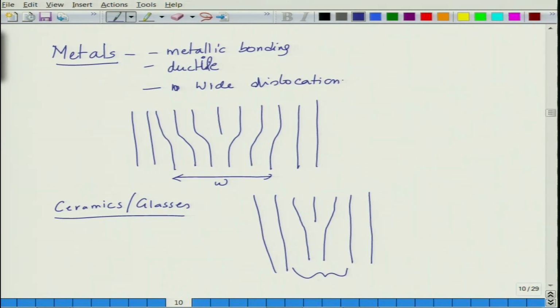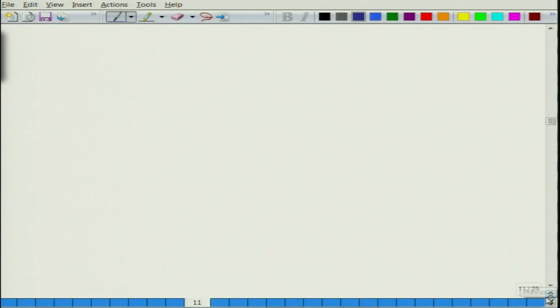So, this is W in case of ceramics. So, we can say W for ceramics in general is larger than W for metals, and we will see the equation. Okay. And another thing is the Burgess vector. So, we will come to Burgess vector in a little while, but let us look at the stress, which is called as Peierls-